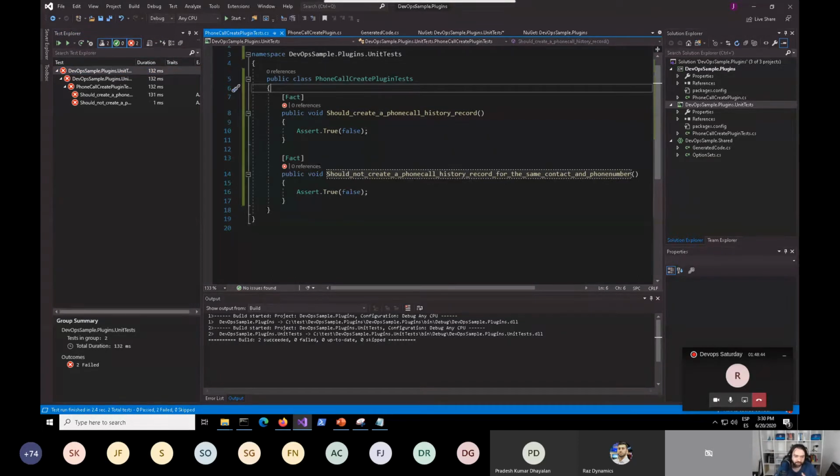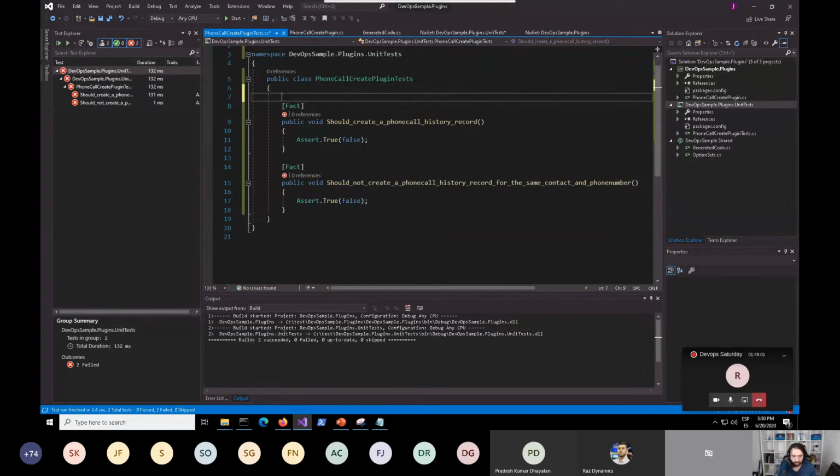But before actually going into implementing the logic in the plugin, let me show you how, for example, I am organizing the code and the tests, and specifically the test data. Because the same fake XRM context and organization service are going to be used across all these tests,